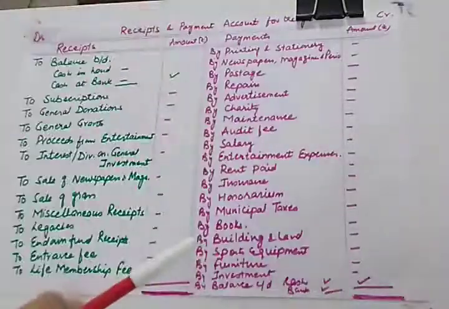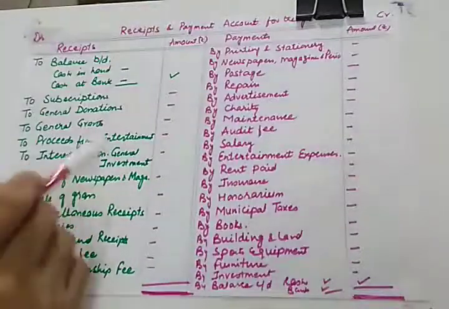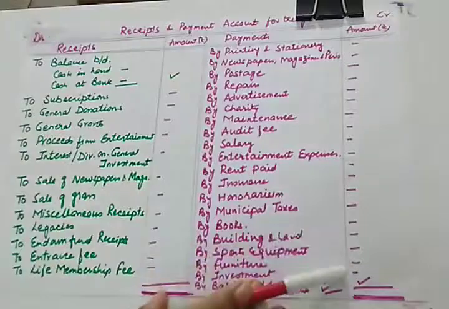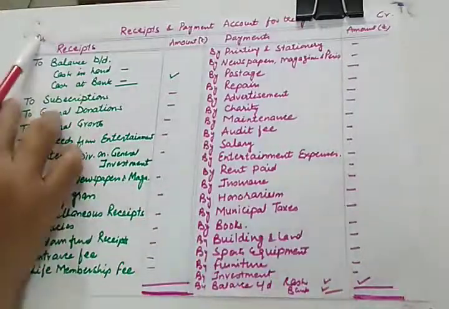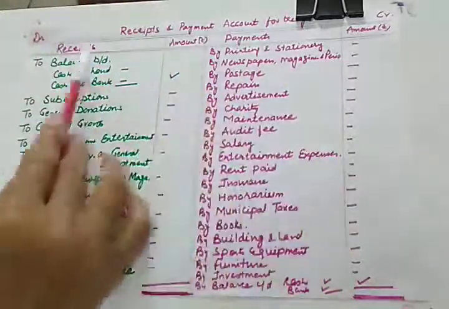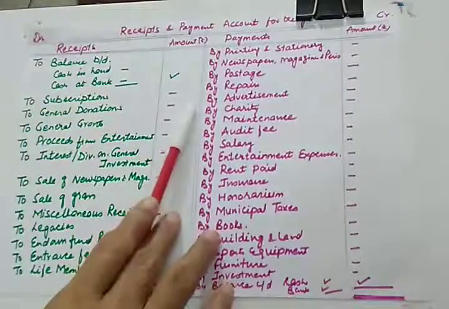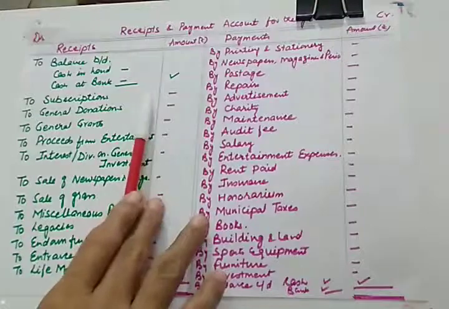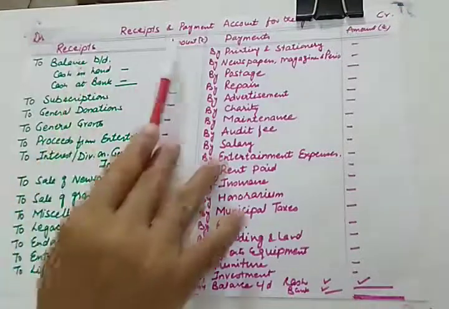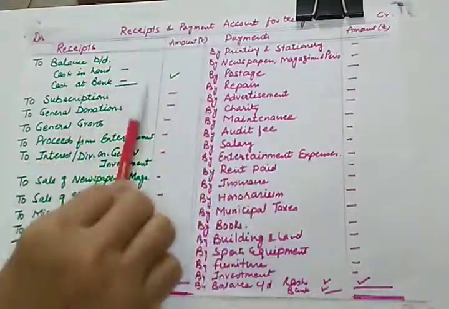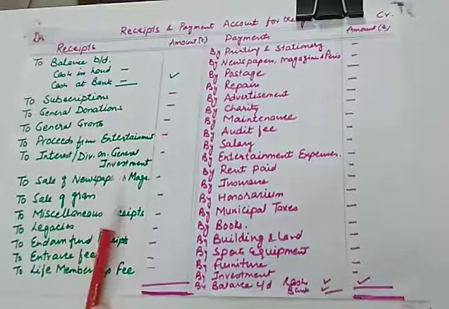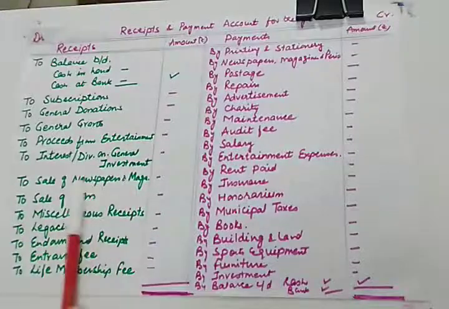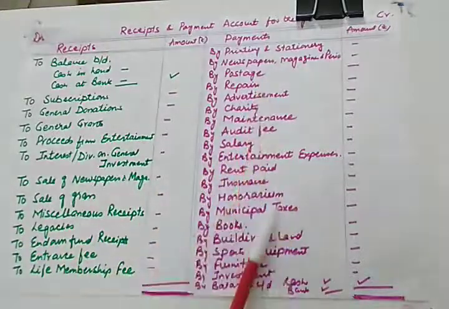So this is the format of receipt and payment account. The format is same as your cash book. So T format, debit and credit, because it's a part of financial statement, so we don't have to make any column for JF or LF. So on the receipt side, we will be recording all receipts or all the sources of cash, and here we will be recording all the payments.